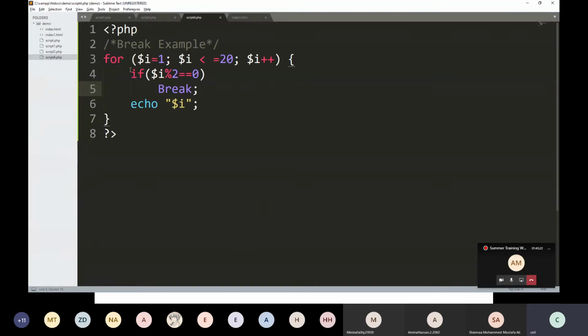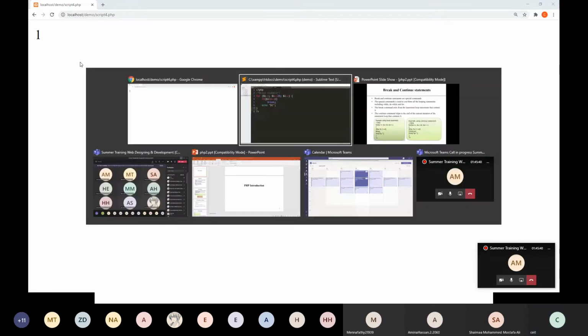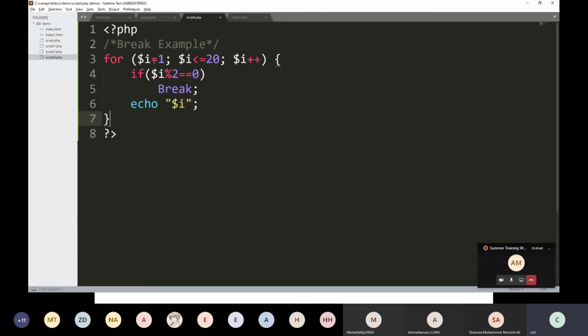It prints only 1. Why? Because 1 modulo 2 is not equal to 0, but once it becomes 2, then 2 modulo 2 is 0, then it simply breaks. It comes out of the loop.